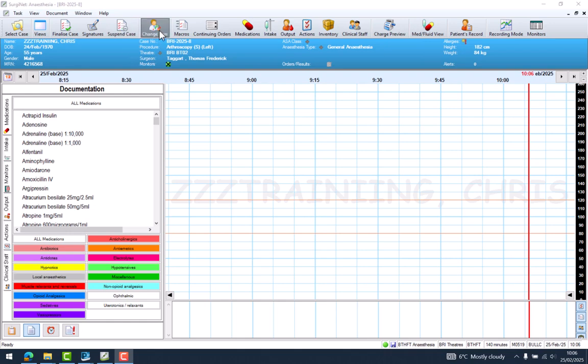Changing the user you can ignore as well. Macros are a very powerful function. It's a group of interventions that can be grouped together to allow you to document information quickly, and I'll talk about macros later. Continuing orders is that first box that you saw when we logged onto SA Anaesthesia, so there are all the drugs